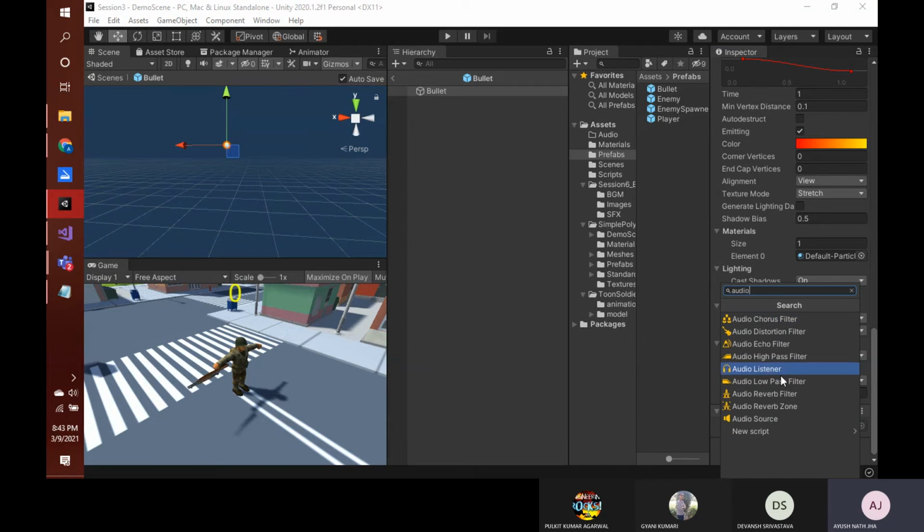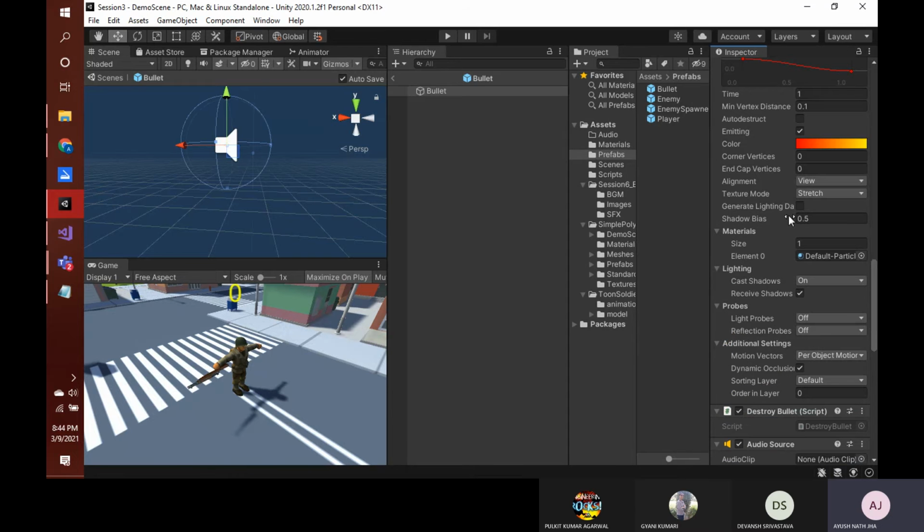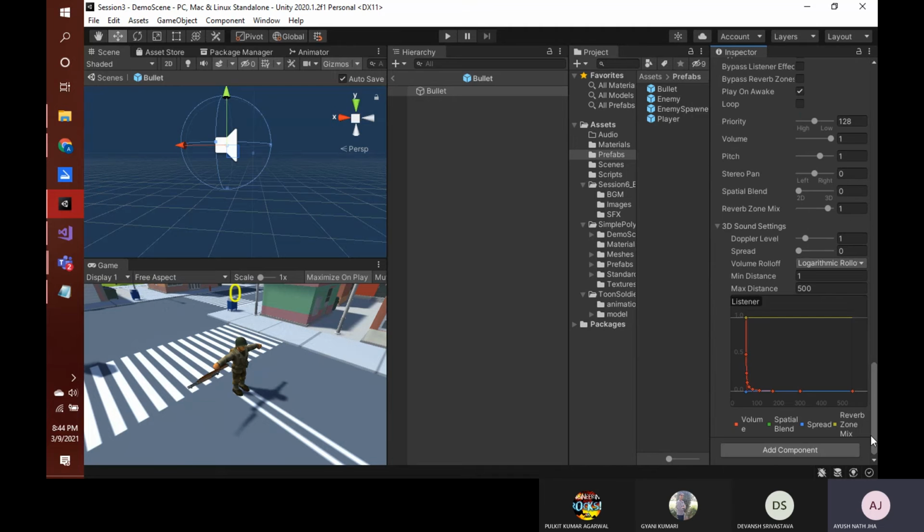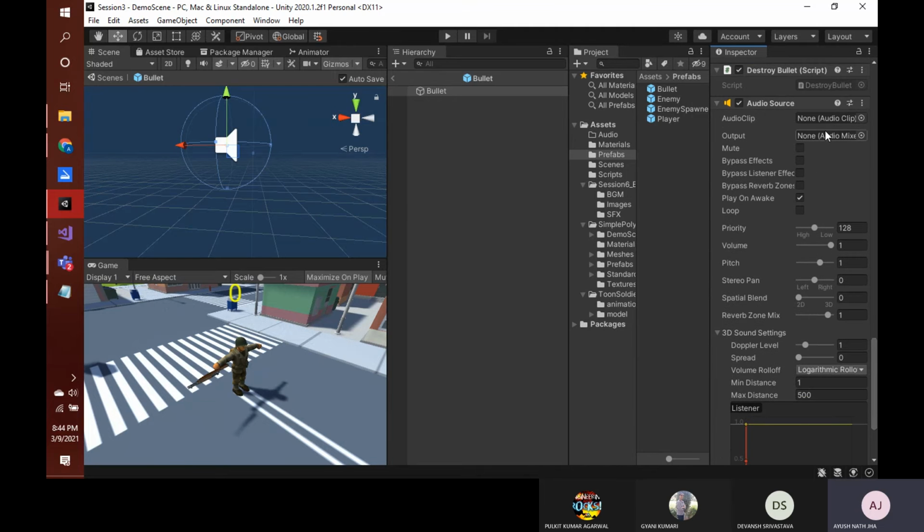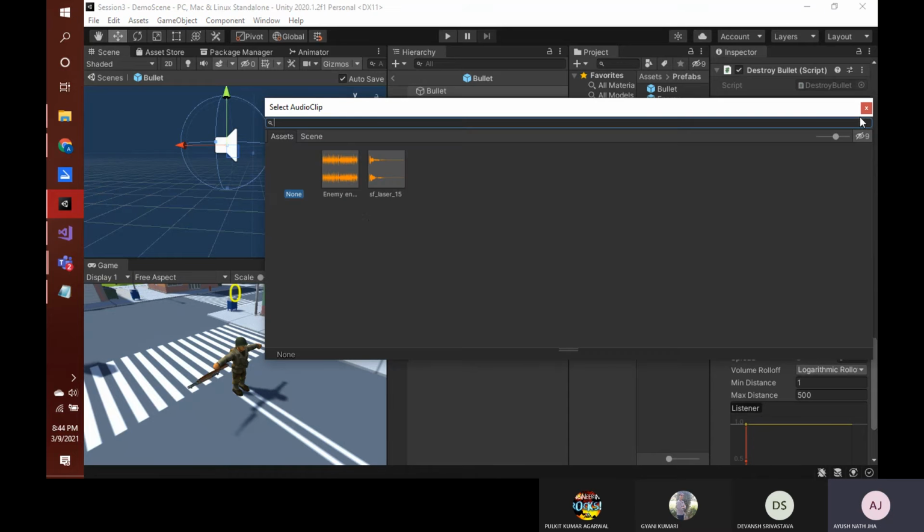There are two things: audio source and audio listener. Audio source is from where your audio clip will be played, and audio listener is basically a listener that will give the audio output to your output device. So one audio listener in our scene is attached to the camera itself. So we'll listen to any sound that is added to the scene, and which is near to the camera basically. So here when you add this, you will get this audio source, and there are no audio clips right now here. So if you just click this, it will show what are the audio sources available here. So we need to add this SFX laser.